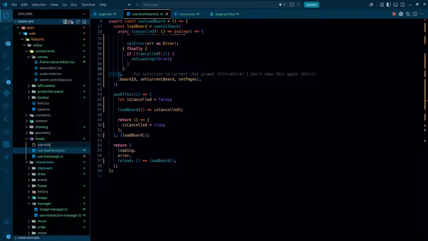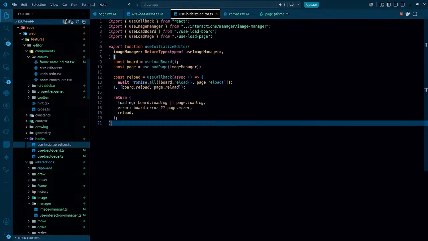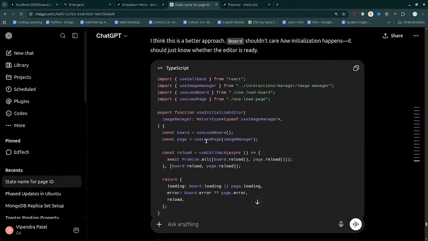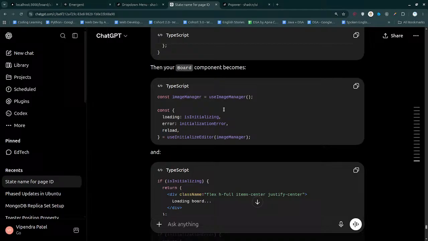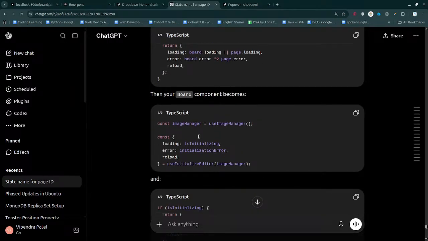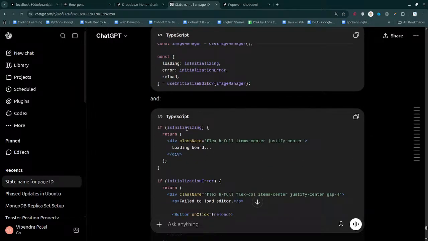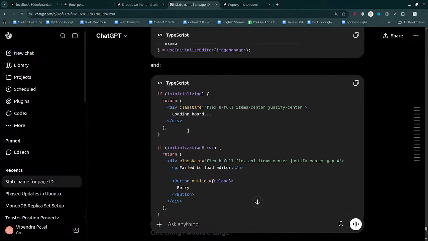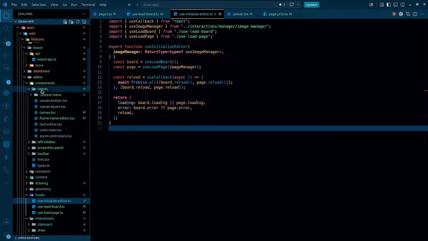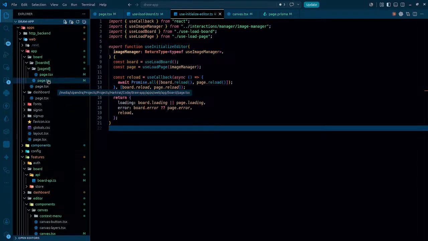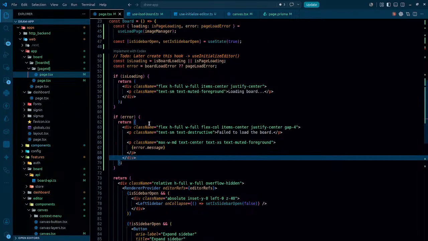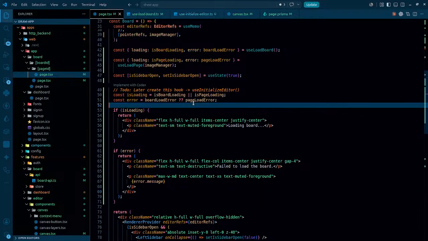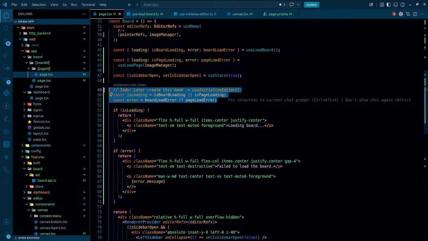Use initialize editor.ts. Let's just simply paste it in here. Once this part is done, whenever I'm gonna use this, I will have this stuff. So now what will happen, inside this part here, instead of using it separately,